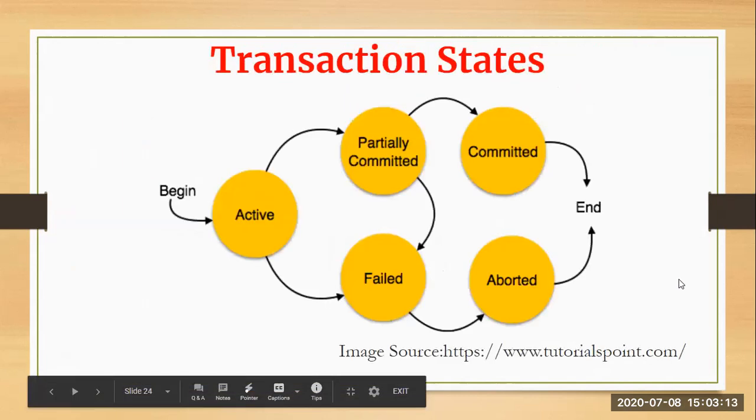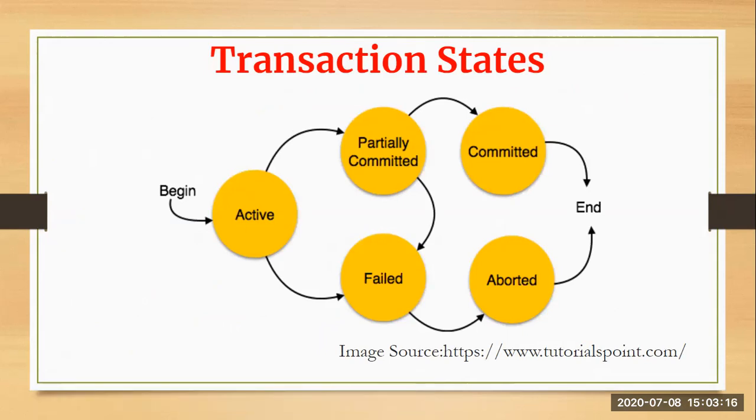Next comes transaction states. When we talk about transaction states, there are the following states as shown in the diagram: an active state, a partially committed state, a committed state, a failed state, and an aborted state. Let us take each of them in detail. Whenever you start a transaction, it has two major points, a begin and an end. The begin refers to the commencement of the transaction. At this stage, the first state of your transaction is the active state, in which the transaction is being executed, and this is the initial state of every transaction.